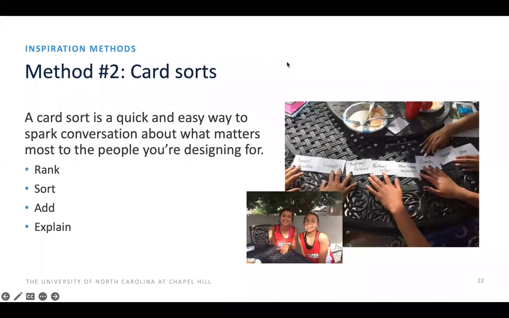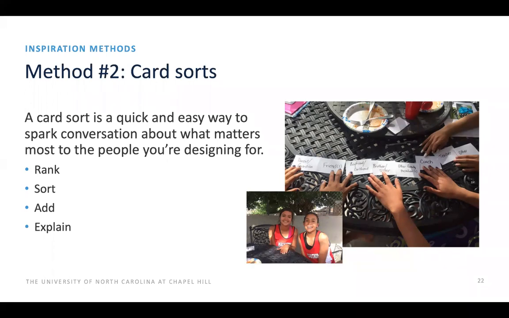Next, card sorts are really useful. So many of you are likely familiar with qualitative approaches to doing research, so doing interviews and focus groups. We found over the years that card sorts are a really great way to engage people, whether it's through words or pictures. So it's a quick and easy way to spark conversation about what matters most to the people that you're designing for. And with these cards that you can either print and cut or write and cut, it's really nice that you can have something tangible that folks can move around to either rank, sort,